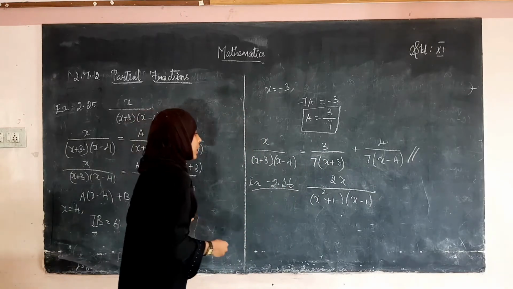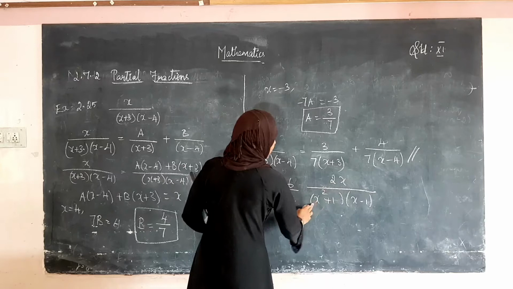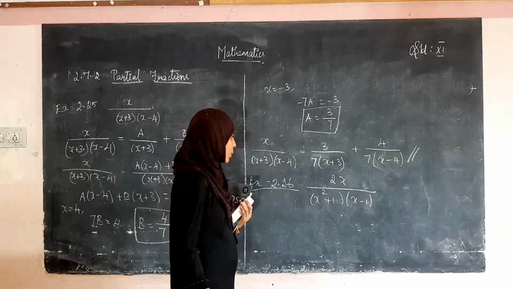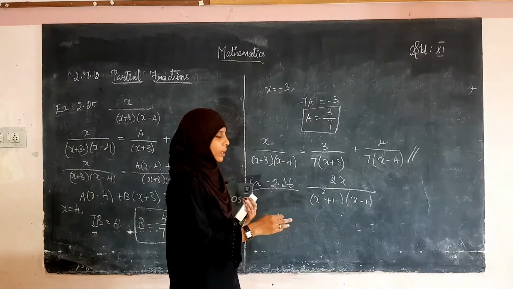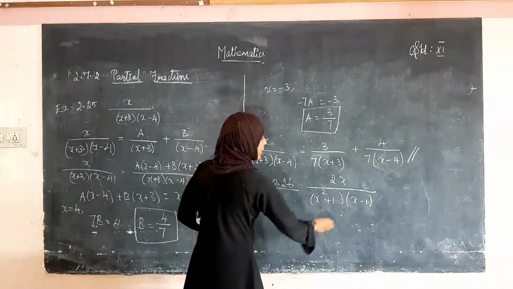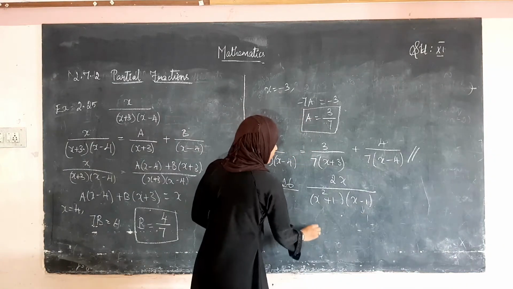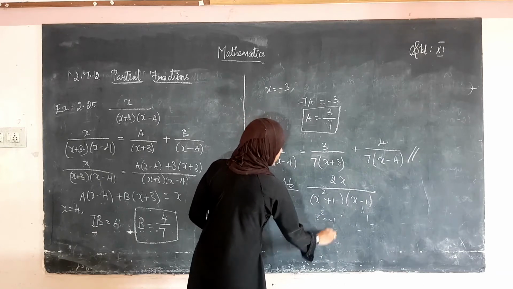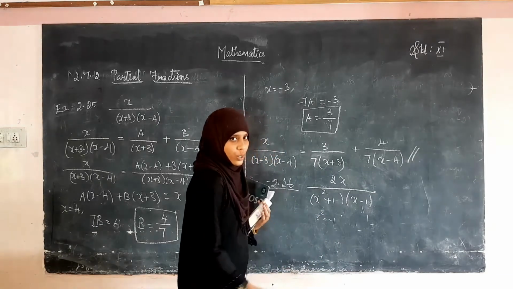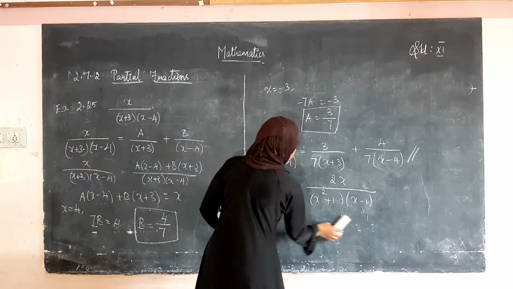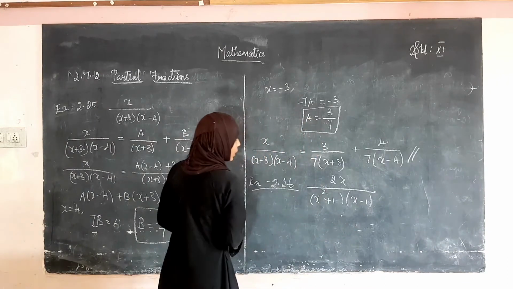Okay, see here 2 into x divided by x square plus 1 into x minus 1. So already they have given it in factors. In the factor we have x minus 1, the solution is 1, it's a real number. In the other factor we have x square is equal to minus 1, we don't have any real solution. So when it is like that, how we have to write is,